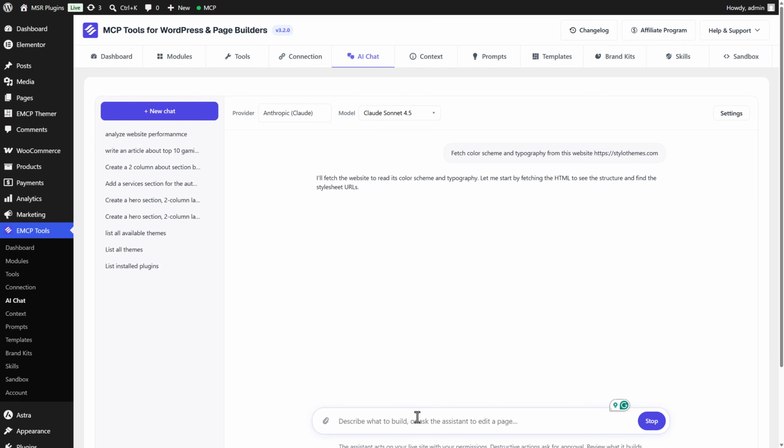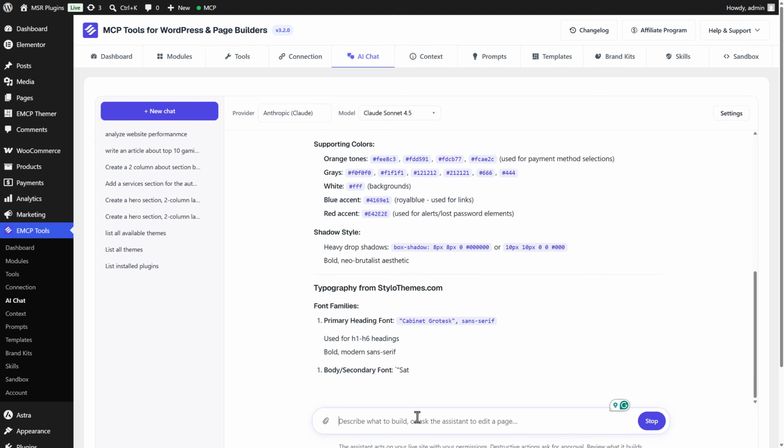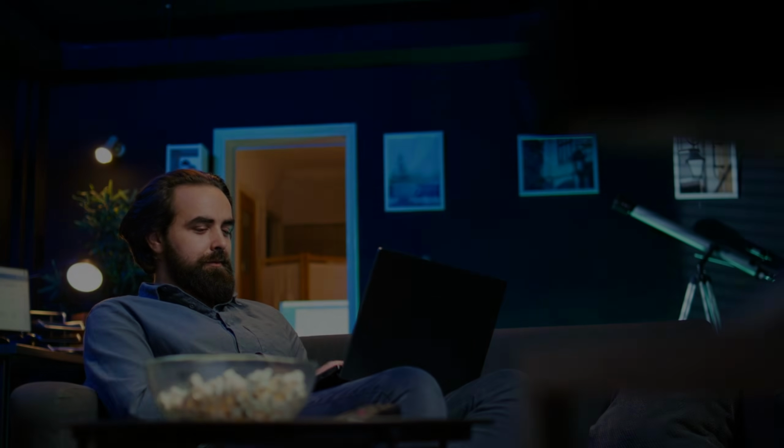There is a lot more that will speed up your workflow so you can build sites in hours, not days, not weeks. So stick around,